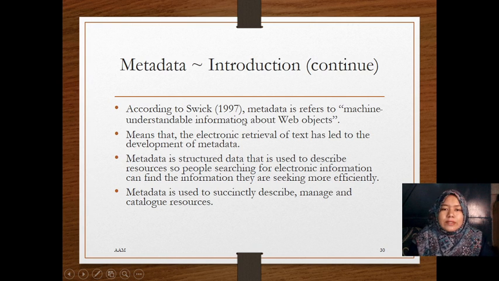So, according to Switch 1997, metadata refers to machine-understandable information about a web project. So the system will understand what kind of information we put in it. So we use that kind of metadata to transcribe that kind of thing. It means that the